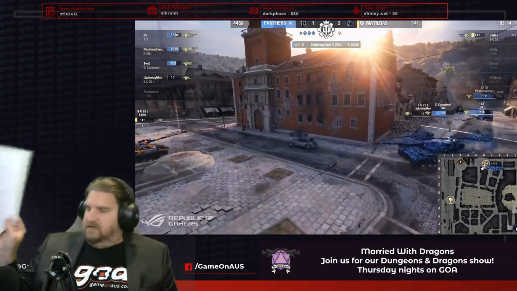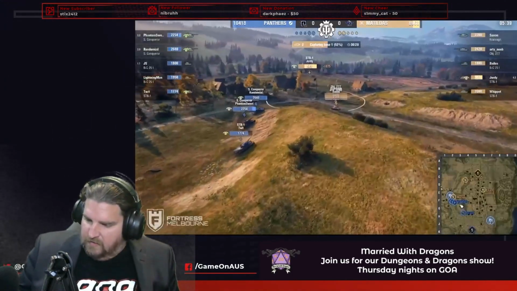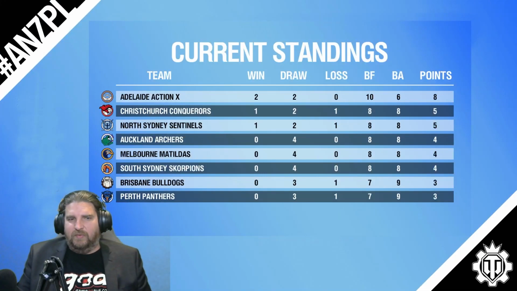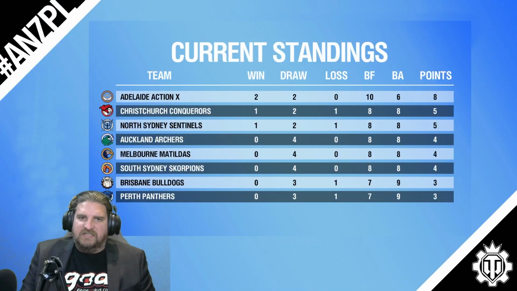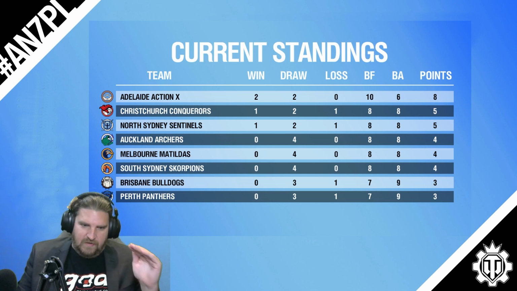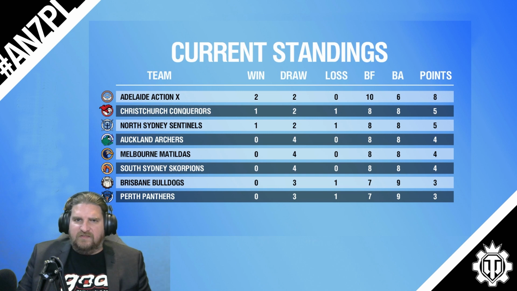So unfortunately, what does that mean for the ladder? For the ladder, it means that we look like this. Now, if you're keeping score at home with all draws, it means everybody got 1 point each. So the ladder is unchanged from before Easter. So round 4 ladder looks exactly the same as round 5, just everybody gets an extra point. Action X still out in front. Those 2 early wins still counting for a lot there,